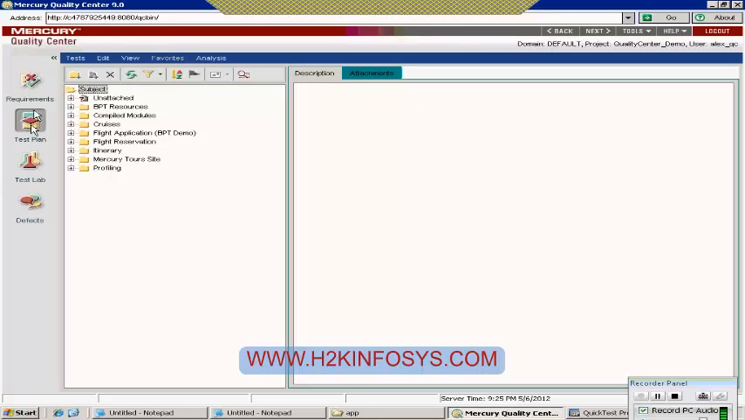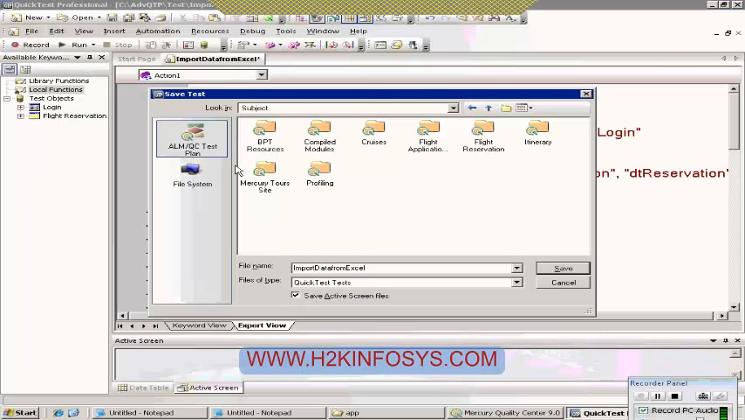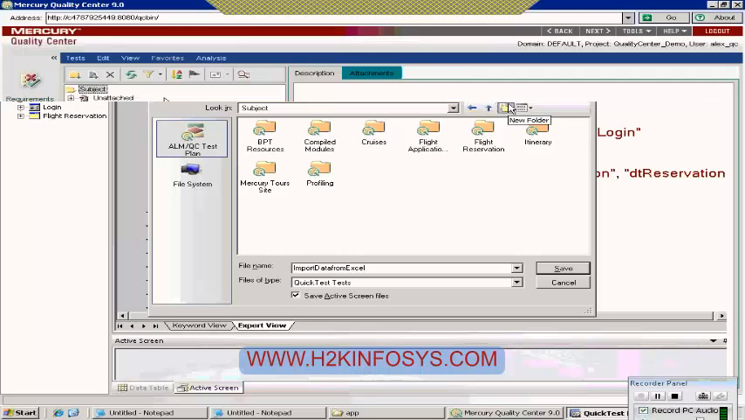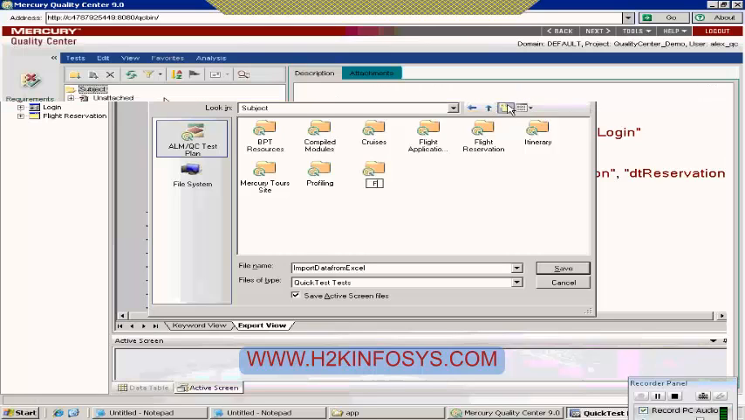The same is the case even with a QTP automation script. You're going to save the automation script first under the test plan. Okay. So that's where you can create a folder, right? Even from QTP itself, you can create a folder. So select this new folder, and then you can say